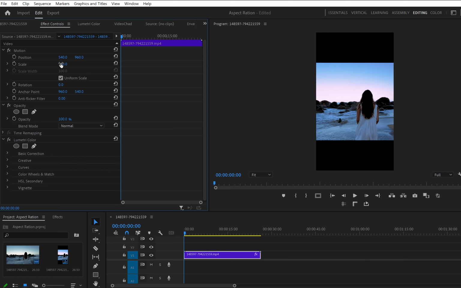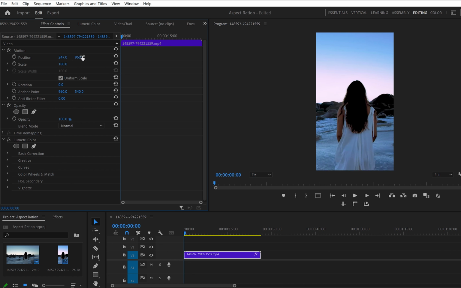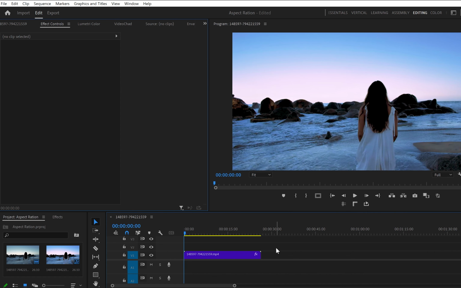And also you would have to go up to motion in effects control panel and readjust it from here so it would be in the middle of the screen. You still can do it that way, but there is an easier way to do it, so I'll show you that in a second. Now the second way of doing it, which is much easier and it takes only a few seconds,